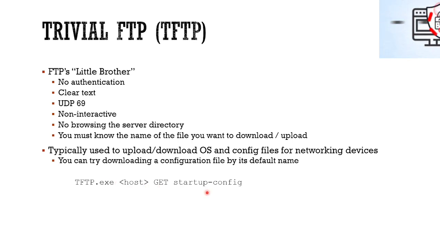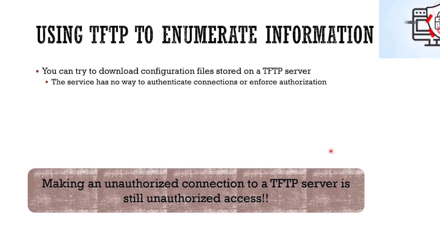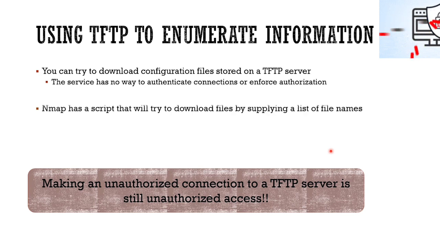You could use an Nmap script that'll just use a list of possible file names, which you can specify or not. So for example, we'll say Nmap, we're going to do a UDP scan to port 69. We're going to use a script called tftp-enum. The NSE means Nmap Scripting Engine. Oh, and by the way, the file list will be this right here against